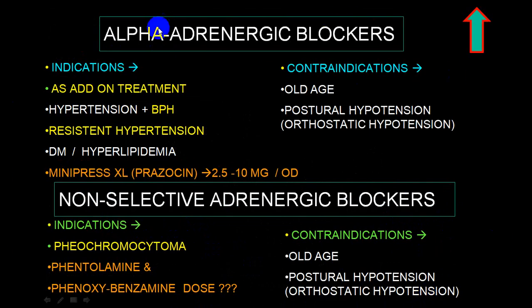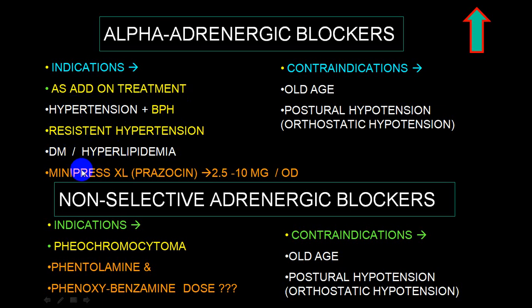Now we are talking about alpha adrenergic blockers. Alpha adrenergic blockers are very helpful in certain conditions, but they are not the first drug of choice. They should be utilized in a secondary line of treatment. That is, it is always as an add-on therapy. It is added if a person is having hypertension with BPH, or a resistant hypertension, or hypertension with diabetes mellitus with